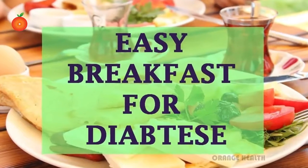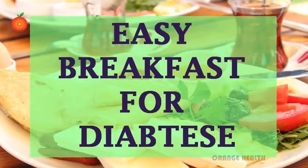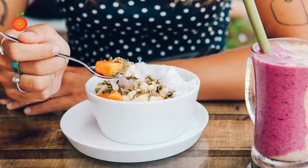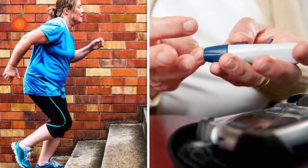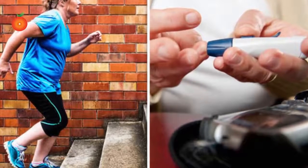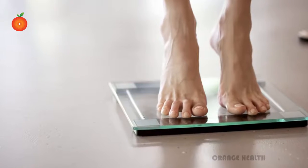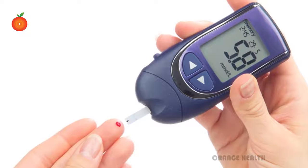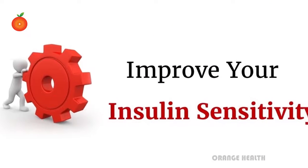5 quick and easy breakfast ideas for diabetics. Starting out the day with a healthy breakfast can benefit everyone. This should be a healthy habit and is especially important for people who are facing diabetes. This habit also helps to support weight loss, which can positively improve blood sugar control and insulin sensitivity in your